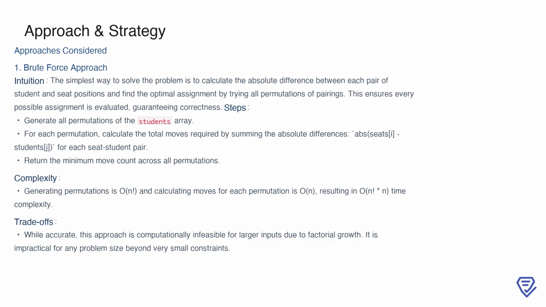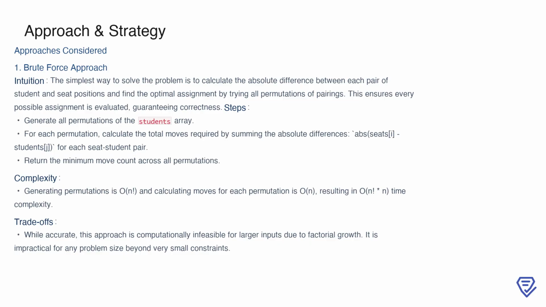However, the computational cost of this method is extremely high. Generating all permutations of the students array has a factorial time complexity of O(n!), and calculating the total moves for each permutation adds another O(n). Combined, this results in a time complexity of O(n!·n), which becomes impractical as the input size grows. While this approach is accurate, the exponential growth makes it infeasible for larger datasets, so we must look for more